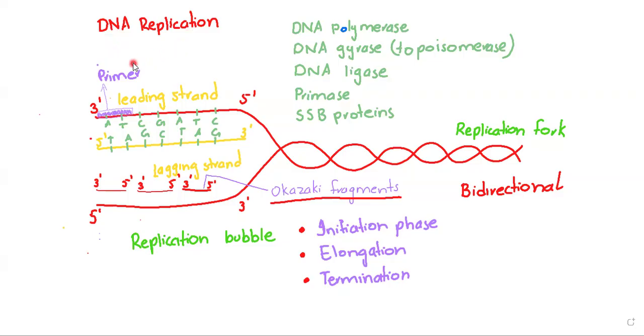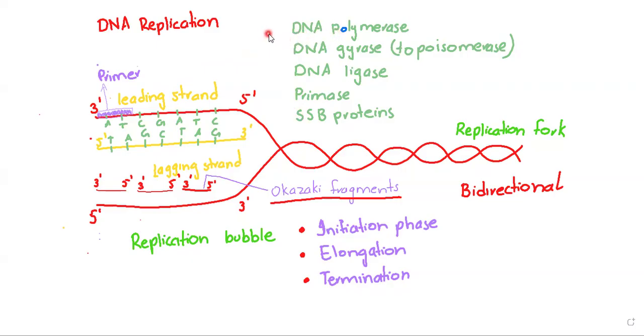Okay, today the topic of demonstration is DNA replication. What is DNA replication? DNA replication is a process in which a new strand of DNA is formed from the old strand, and it follows the semi-conservative model, meaning each new DNA molecule has one old strand and one newly synthesized strand. There are different enzymes that take part in DNA replication. Here I list all these enzymes and I will explain them one by one.